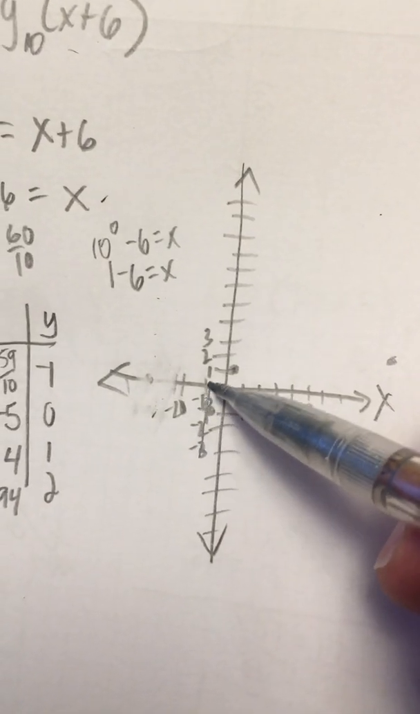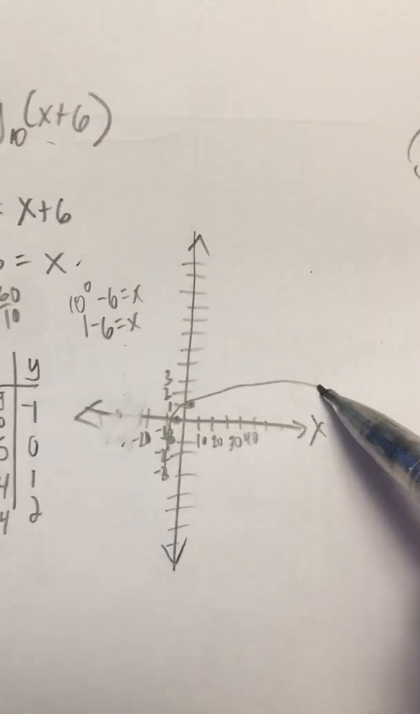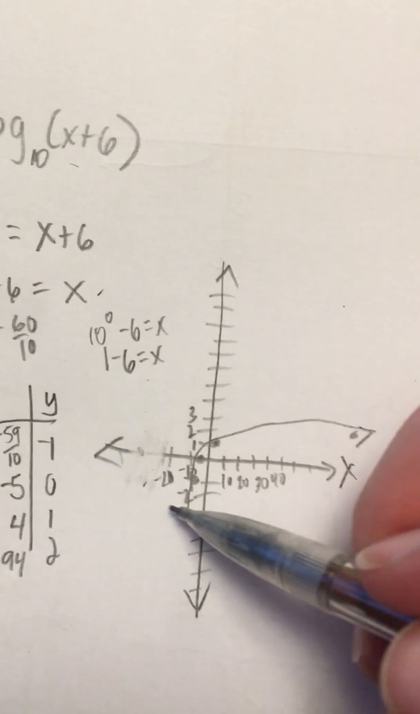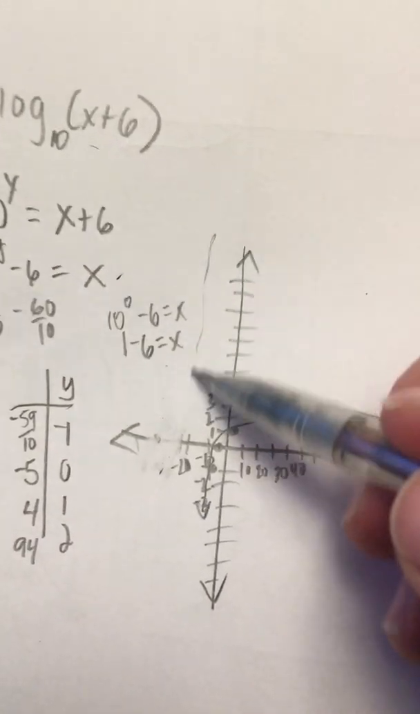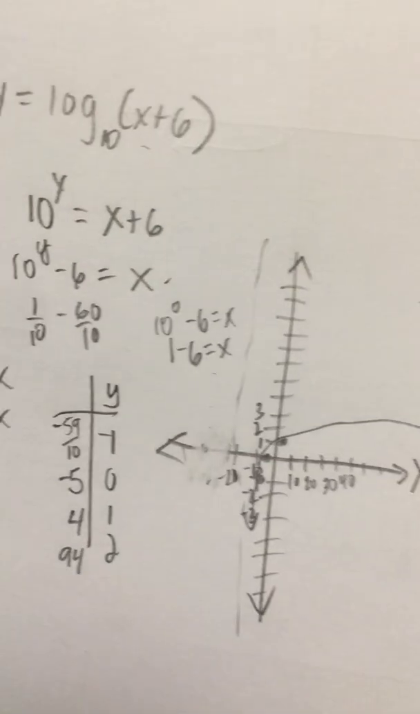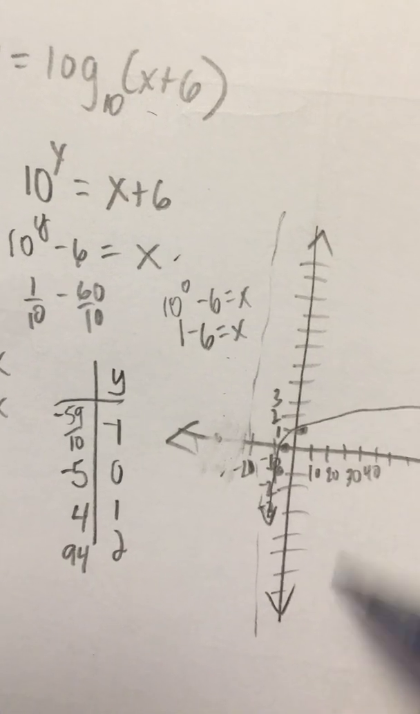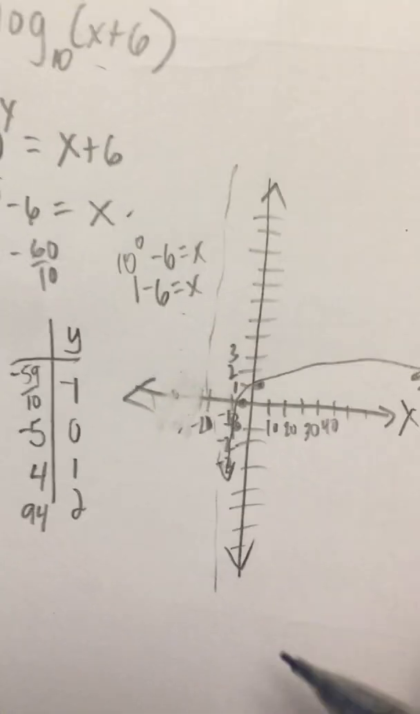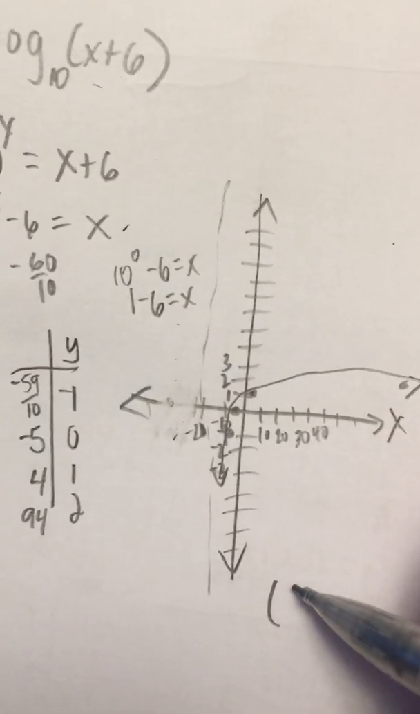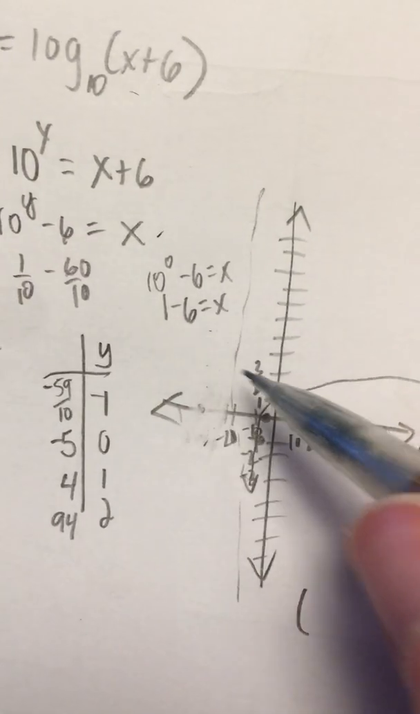So here is what my graph is going to look like. These are what our log functions look like, approaching that there. So that piece, it's approaching but not touching. So it starts, that's the domain, right? Domain